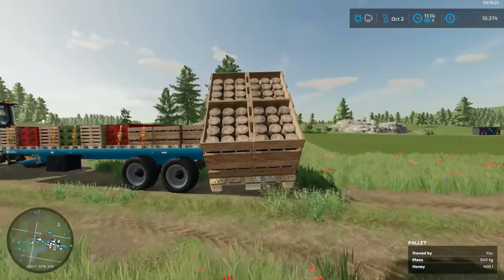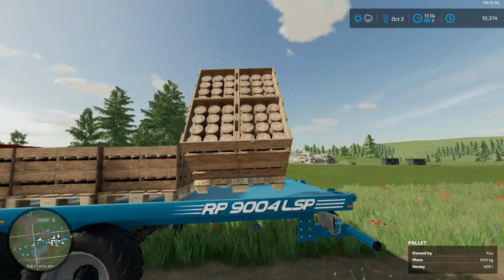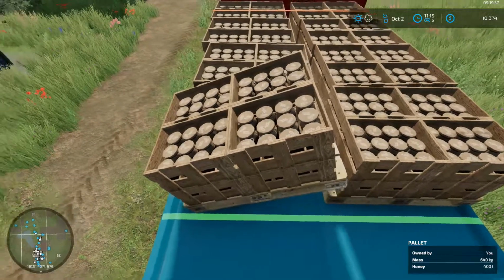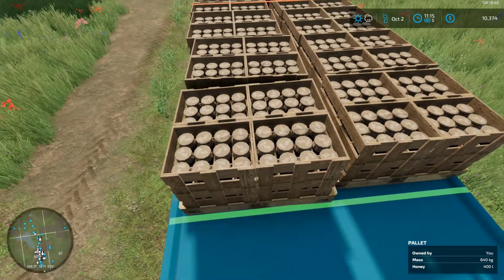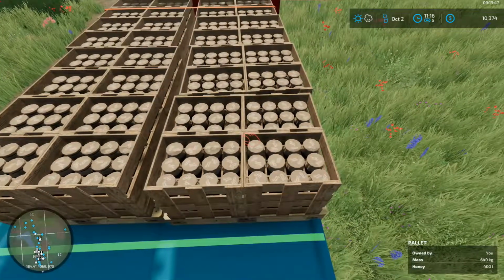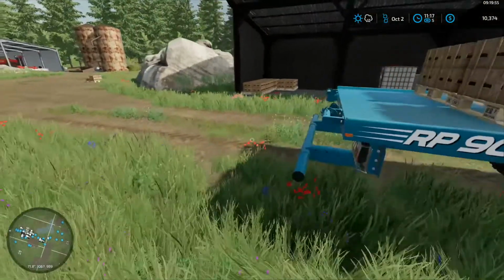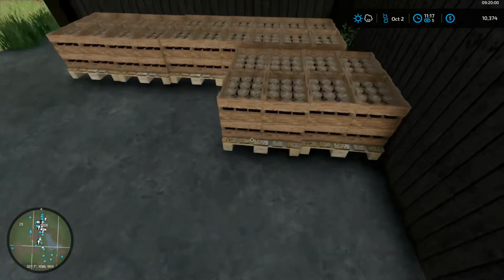That's ridiculous. Whoop. That's not gonna do us much good. There we go. Fix that. Okay, let's get the last row on there. Then we'll go and sell it and see if we can afford to lease the...